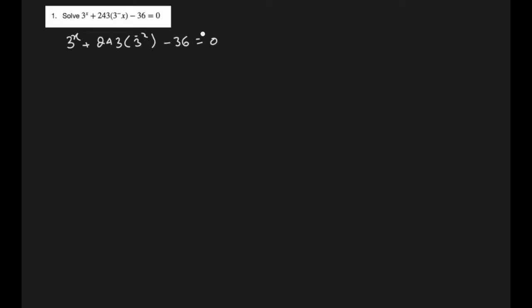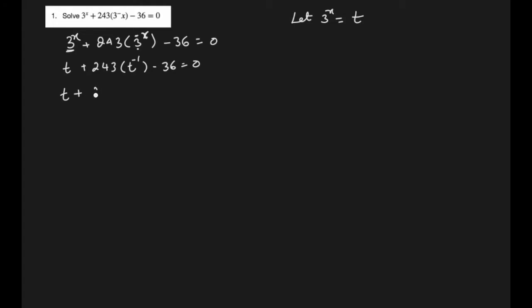Whenever you have the same base with an opposite exponent, because this is positive x and this is negative x, assume it as some alphabet. So let's assume that 3 to the power x is equal to t. Now we can write that t plus 243 t to the power minus 1 minus 36 equal to 0,